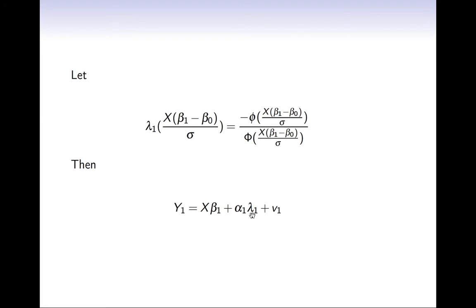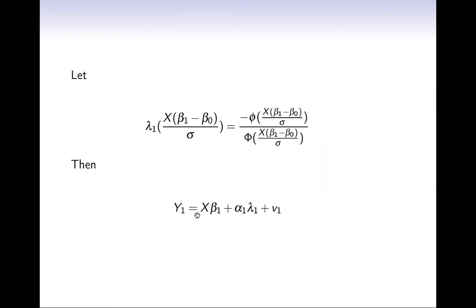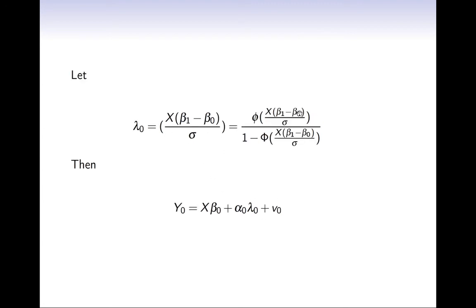This actually varies with i, everything here has an i, it's just not showing it to keep notation a little simpler. Similarly, we can do the same sort of thing for the y0 equation. The control function will look a little bit different, but here's the Mills ratio,